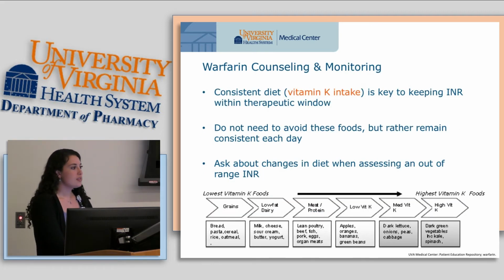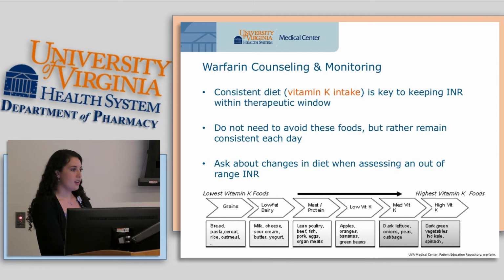And so then there's also some counseling that can be done about interactions. Warfarin is one of the main drugs we see that has a lot of food-drug interactions. This chart here at the bottom is actually in the patient handout that we have in the UVA education repository we give to patients. It shows them the foods that have the least amount of vitamin K and the most amount. This is important because vitamin K is used to make these clotting factors, and the dose of warfarin that they're on